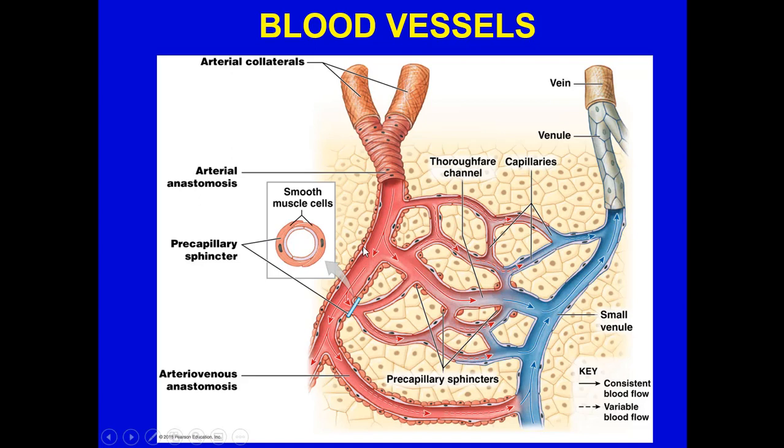Here's a thoroughfare channel that is really just a bypass. If none of this was metabolically active, all of these precapillary sphincters would close, and so blood would bypass through this from artery side to venule side. But you'll notice the differences in the key. A straight line is a consistent flow, so we have a consistent flow here. When we have the staggered or chopped up line there, we have a situation where you can have a variable flow from one side to the other,